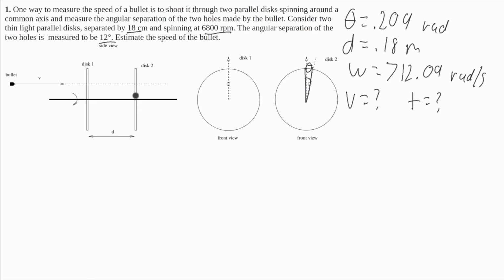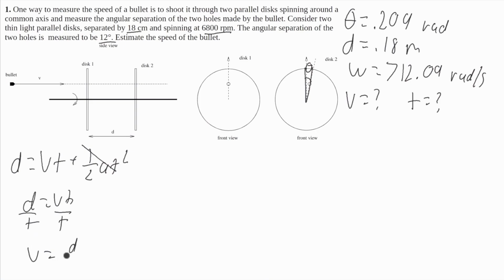So to start, I'm going to use the kinematic equations for linear motion to get a term with velocity. It looks something like this. d is equal to vt plus 1/2 at squared. Since there's no acceleration of this bullet, that's going to cross out. So we'll get d is equal to vt, divide t to both sides, and we'll get v is equal to d over t. Now we know this distance, it tells us that it's 0.18 meters, but we don't know this